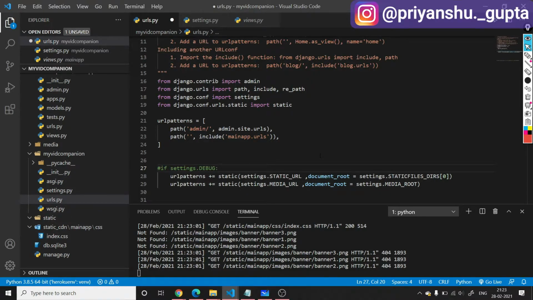When you are on your deployment server, to reduce the load on itself, Django hands the responsibility of taking care of static and media files to the server, another application, or any third-party service that you are using, like an AWS S3 bucket.